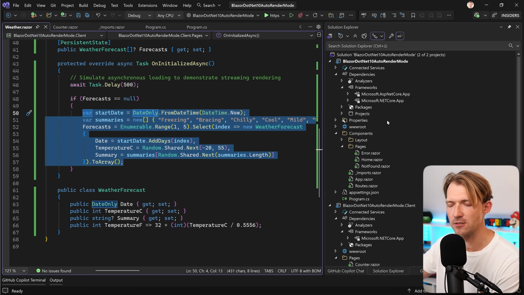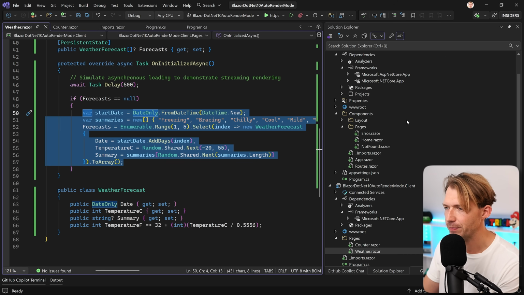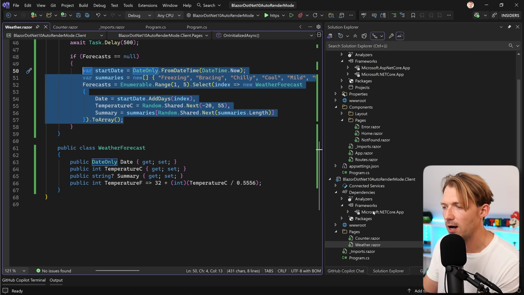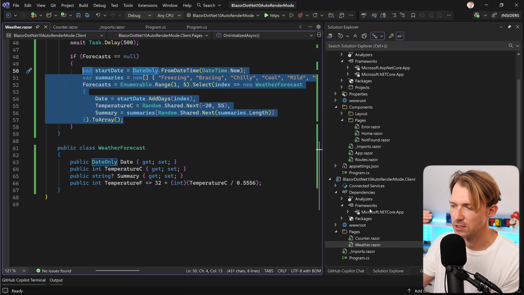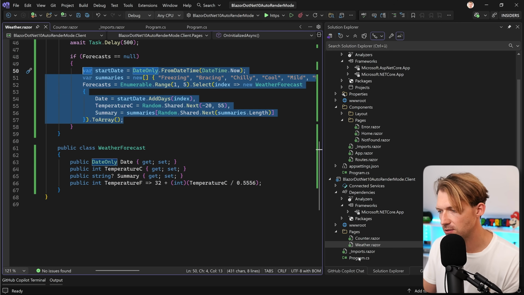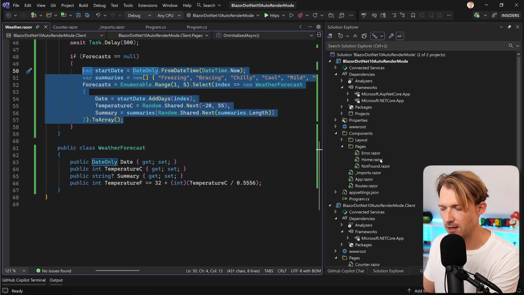So we could add a controller here with an endpoint or a minimal API endpoint, whatever you like, and then grab the data from a database, whatever you want to do here, or just generate the data on the server only, right? Now, how would you get the data to the client? Well, you would need an API call, right? So you can do the following. You can implement your API call here, and then you get the data from the server,